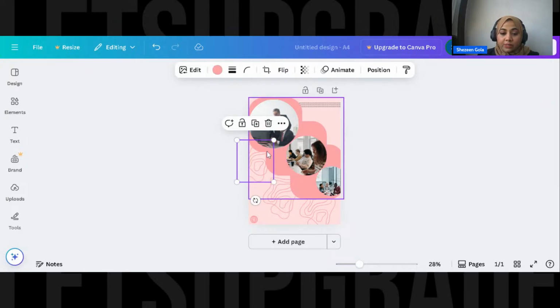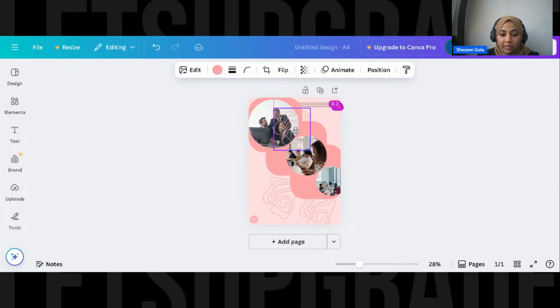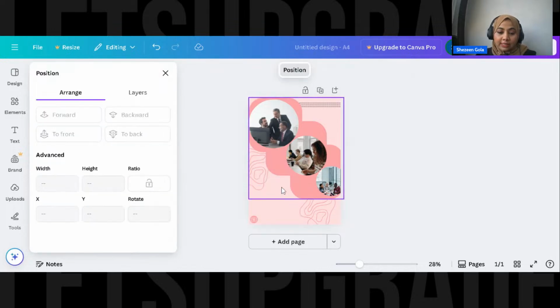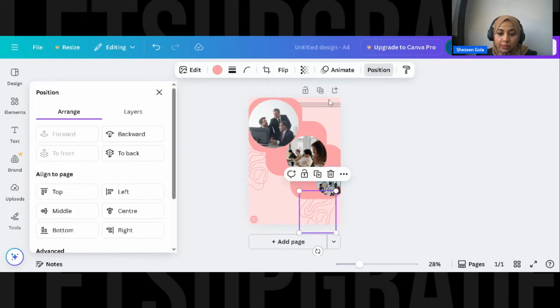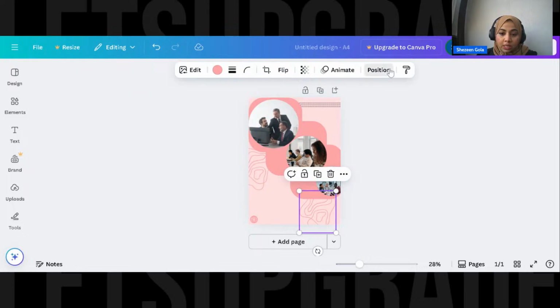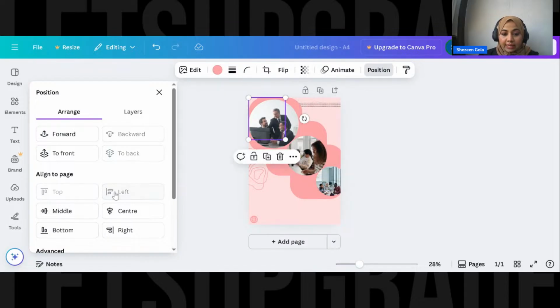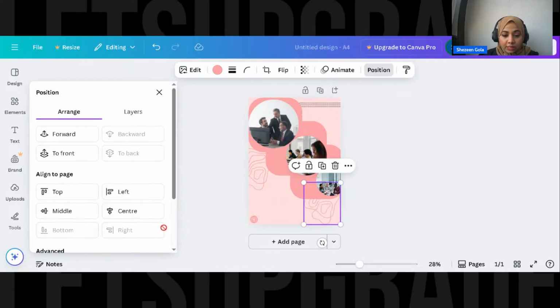Even here we can do the same thing. If you want you can get it up, but I don't like it up, so just send it back, position and send it back. This is just too much. I'll delete this and I will send position and send it back. Okay, and so it just doesn't stay here. You can give it top, left, manually do it, or do it with these options.